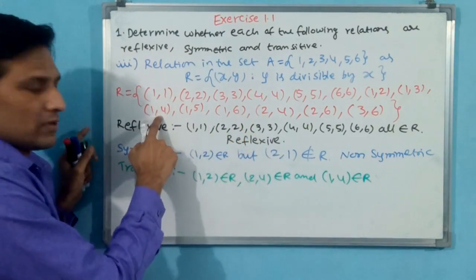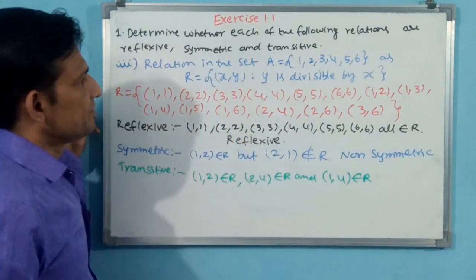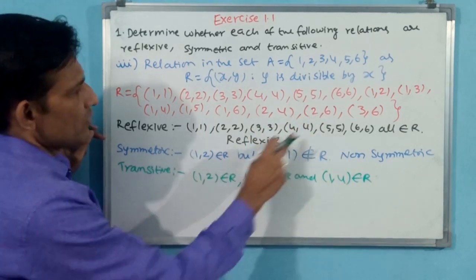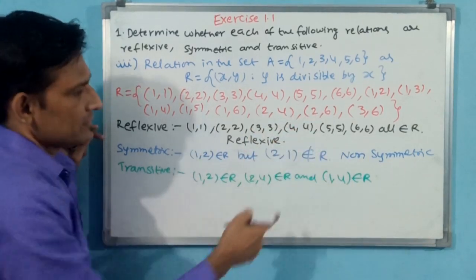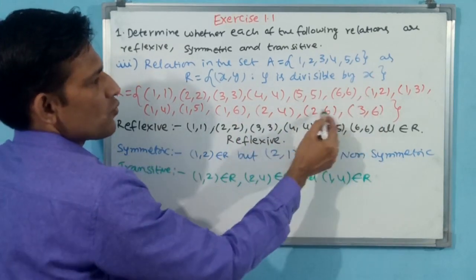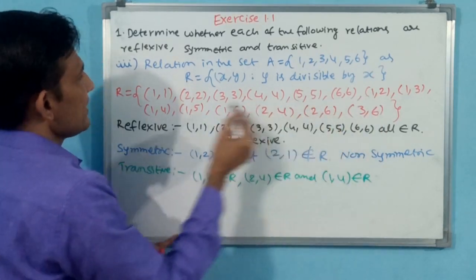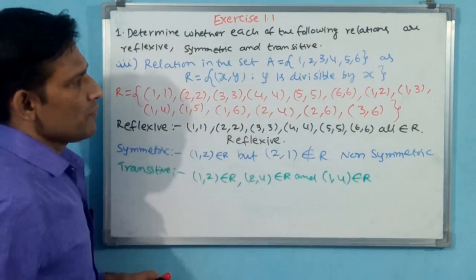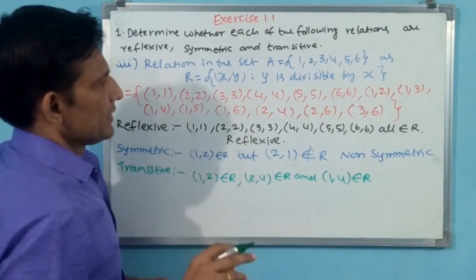See here, 1 to 4. Like that, 2 to 6 is there, 1 to 2 already there, but 2 to 6 is there, yes. We need not write, you see. 1 to 2 is there, 2 to 6 is there, and 1 to 6 is there, yes. Okay, now with 2 over.